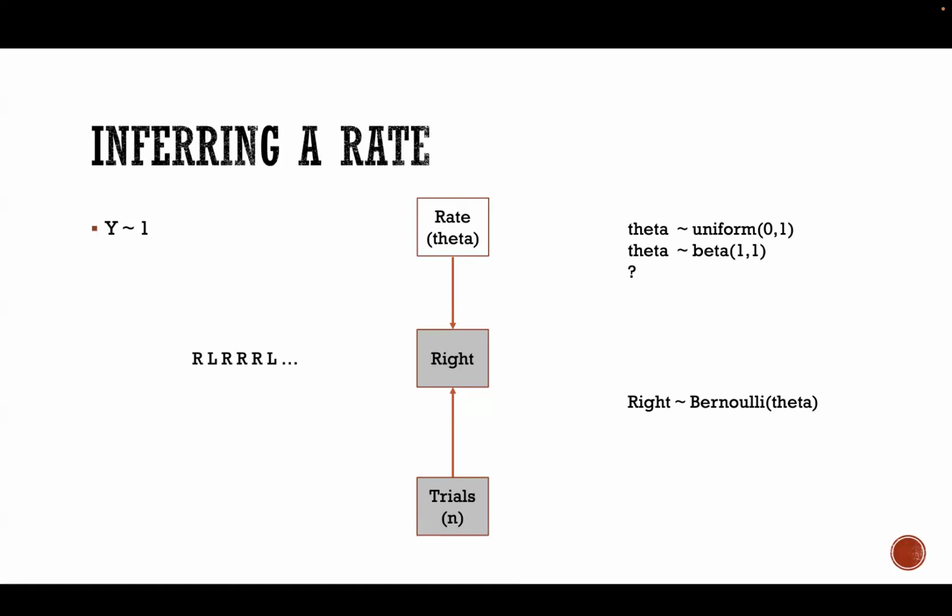In particular, the beta distribution, which has two parameters. Well, there are different ways of parameterizing that. In this case, the parameters are alpha and beta. So you have a beta parameter for a beta distribution, which, I kid you not, is an endless source of errors when you code, because which beta is which beta. And 1, 1 is actually going to be very similar to the uniform distribution, but the sampler is going to have a much easier time. Or you could put a normal distribution, centered at 0, standard deviation of 1, and then